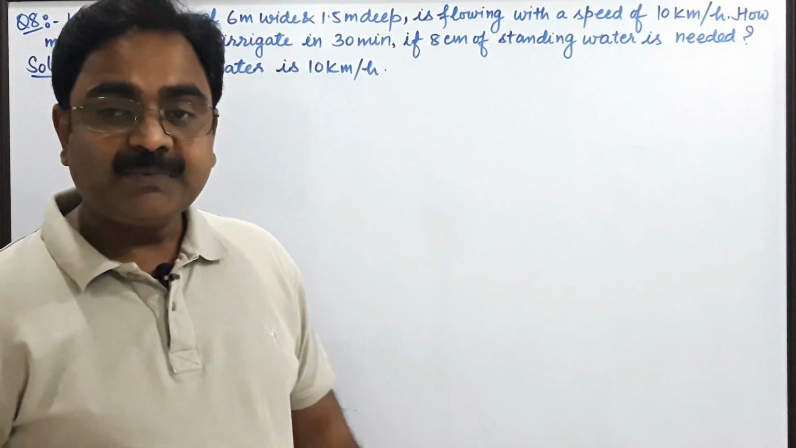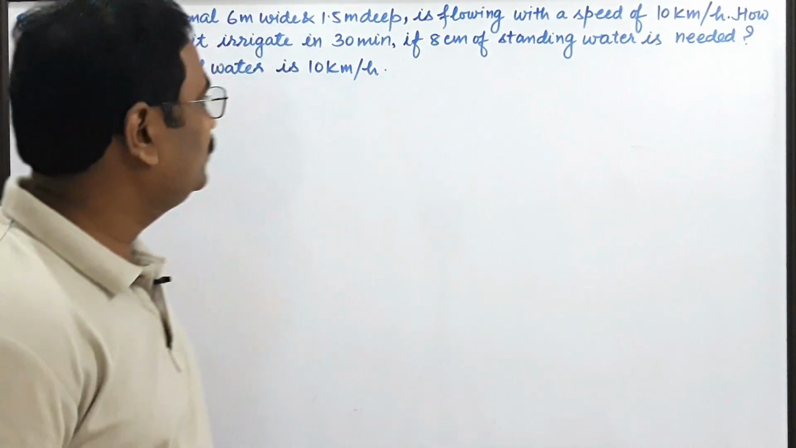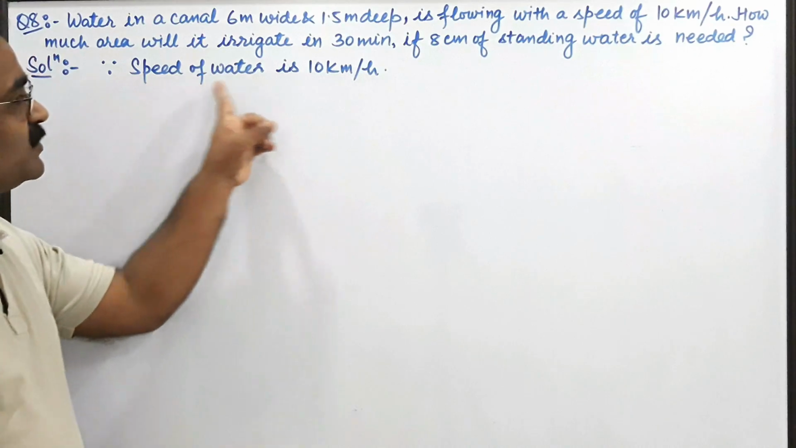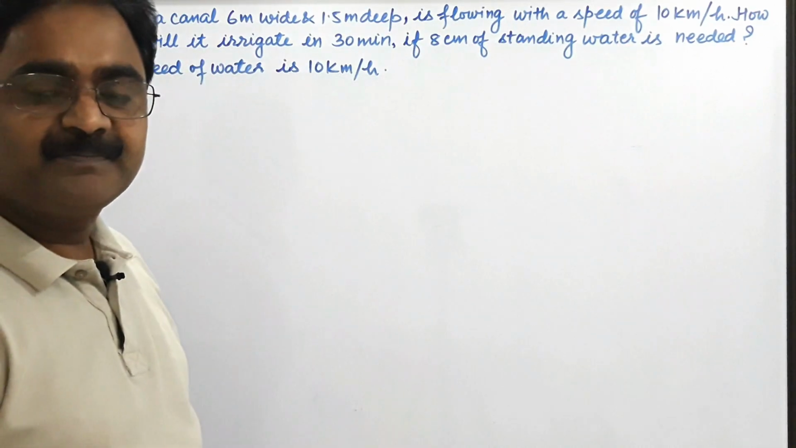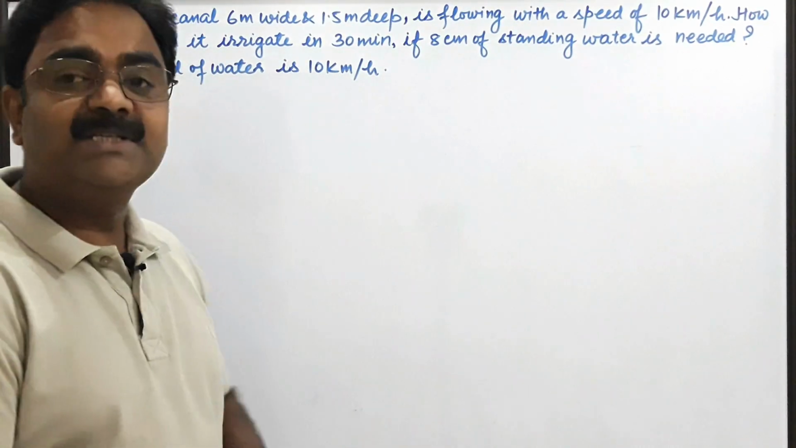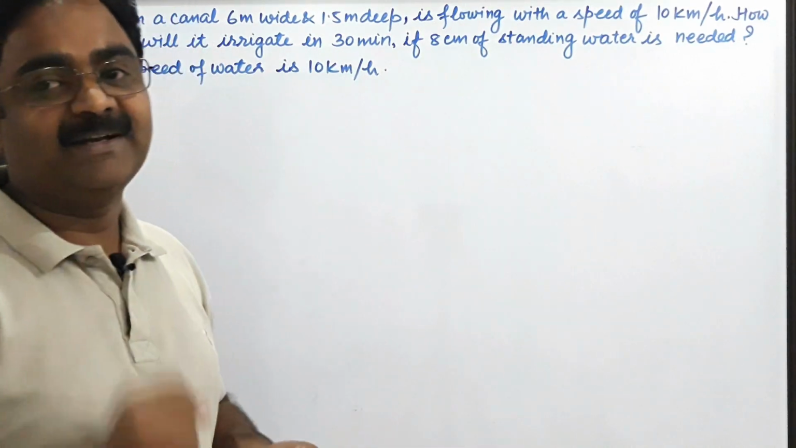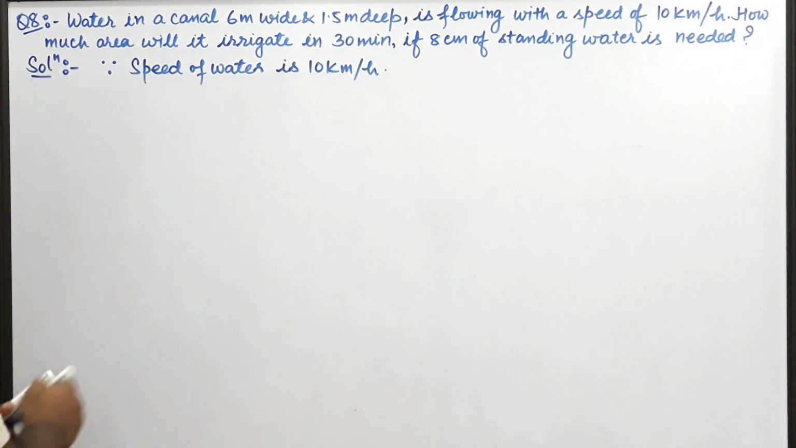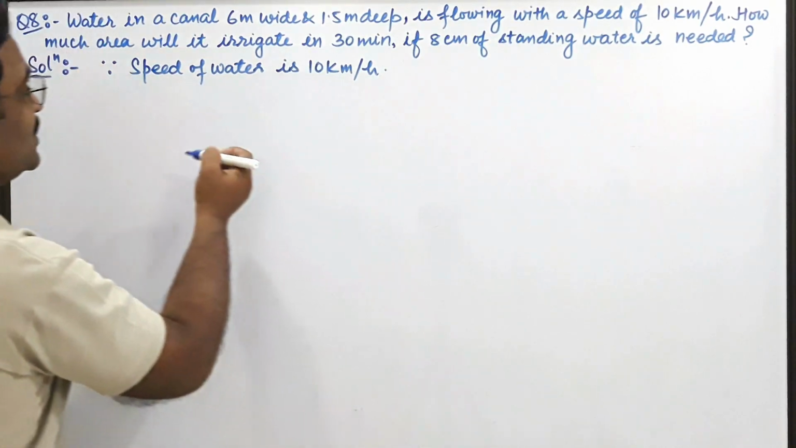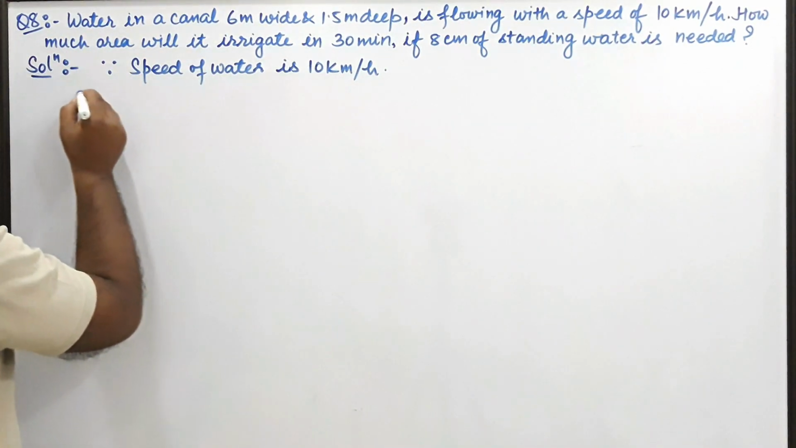So first of all we have to find out, as it is given, the speed of water is 10 kilometer per hour. So 10 kilometer per hour means in 1 hour, and this 30 minute is given, in half an hour. So distance of water flowing in 30 minutes means in half an hour is equals to, therefore